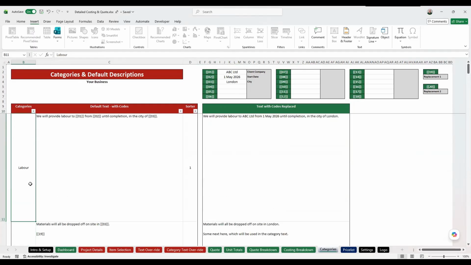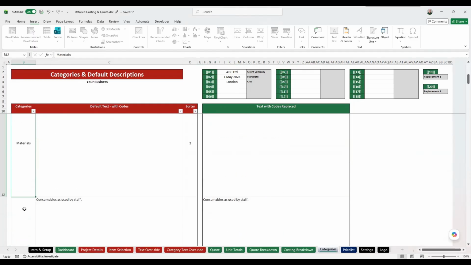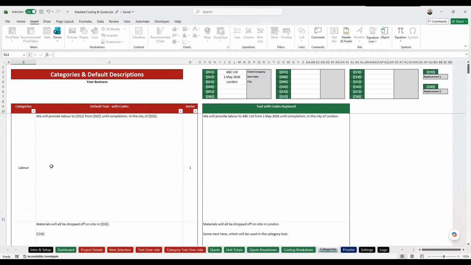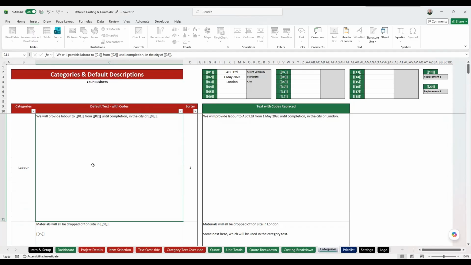And you'll basically have labor, material, whatever other categories. You can name the categories. I've got consumables as well here, which I wasn't actually using. And you can name other categories as you go down the list. This section here is a default text section. So you can set up some default text for each